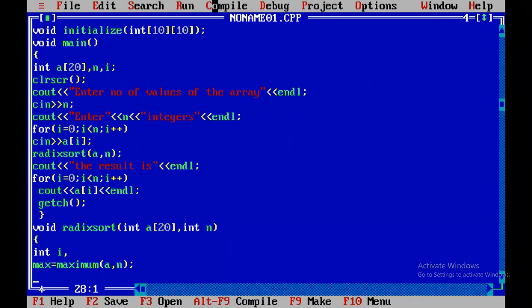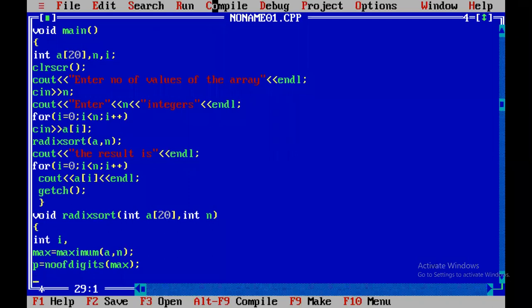Then, after calculating the maximum, number of digits: p equal to number of digits of max. You have to find the number of digits of the maximum number. So the second step is to find the number of digits in the maximum number.